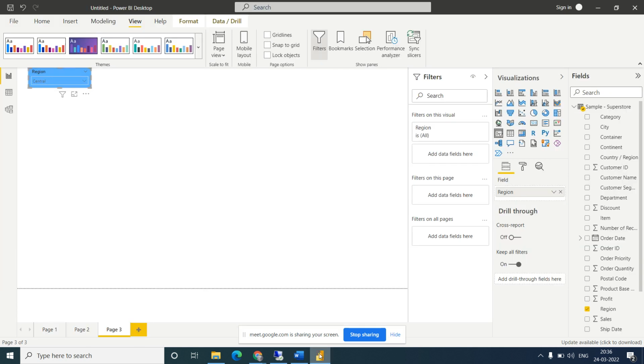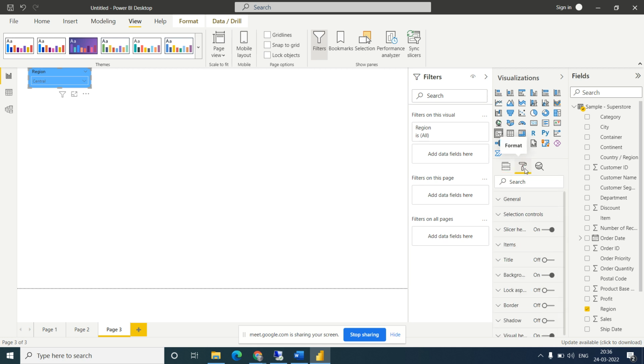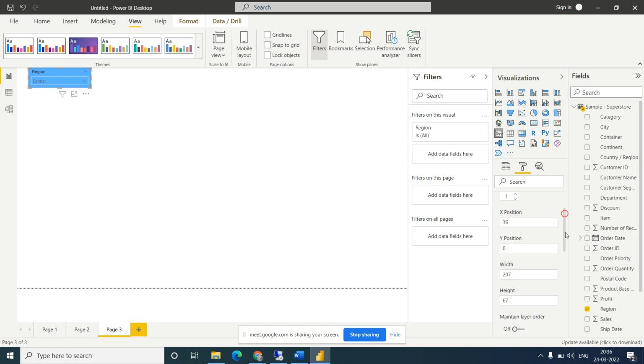Okay, let's go here. If you go to the settings of this, you will see some options for vertical or horizontal. Maybe the options are here.